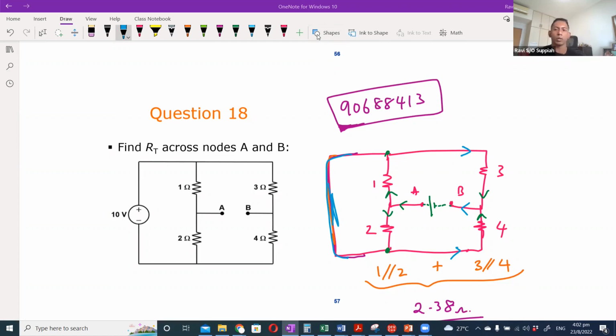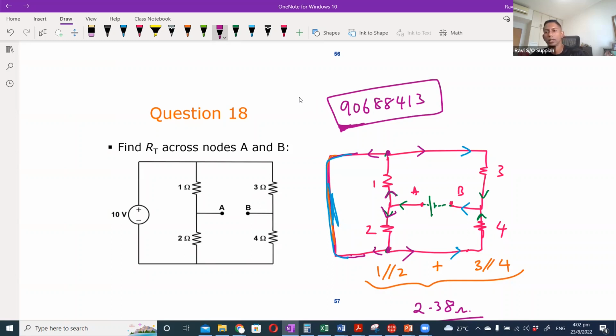Okay, current that flows out of the terminal eventually has to go back to the negative. That means when the current splits here and here, it will reach this point and this point, correct? So when it reaches this point and this point, some current may split here and some current will split here. Same thing, some current will split here, some current will split here. So no matter whatever current flows into this short circuit branch, for the current to flow back